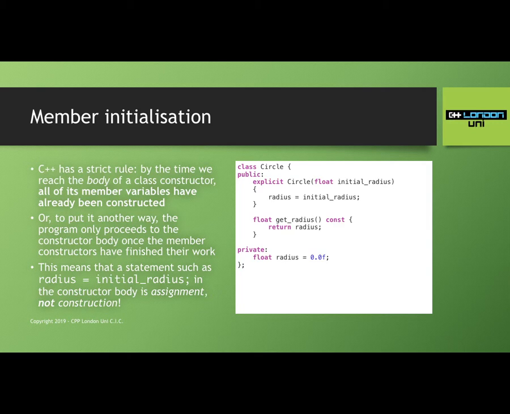Because by the time we reach the body of the constructor, all of our member variables are initialized and ready for use. In other words, the compiler has already initialized radius with the value 0, and all that's happening in here is you are overwriting that 0 with whatever the value is. Now, for something like a float, that's really not a big deal because floats are really cheap, simple types, it's all built in. That's not going to make a big difference in the runtime of your program, right? It's like one extra CPU instruction or something. It's not a big deal.